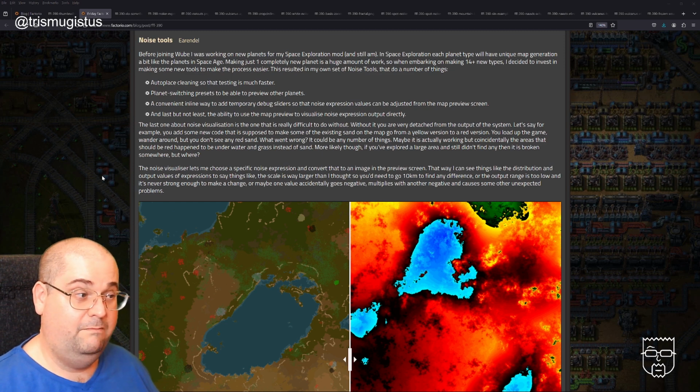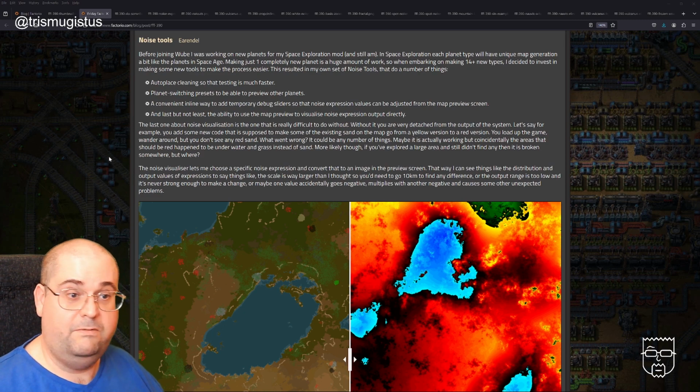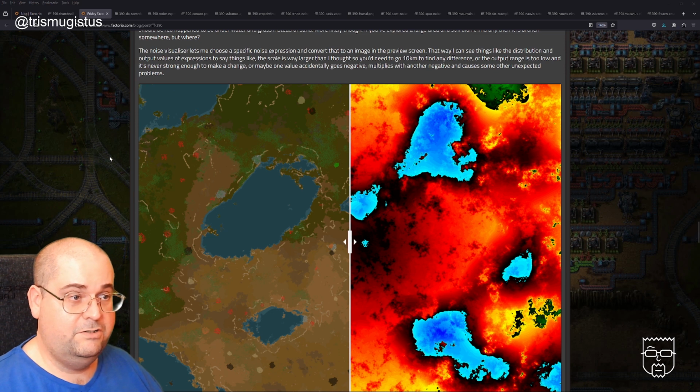Maybe it is actually working, but coincidentally, the areas that should be red happen to be underwater and grass instead of sand. More likely though, if you've explored a large area and you still didn't find any, then it's probably broken somewhere. But where? The noise visualizer lets me choose a specific noise expression and convert that to an image